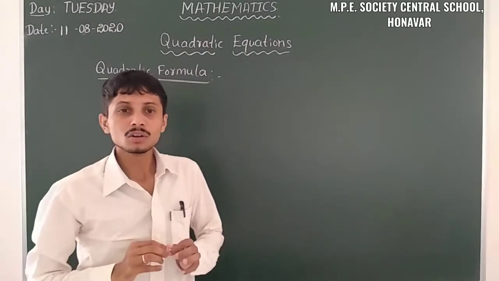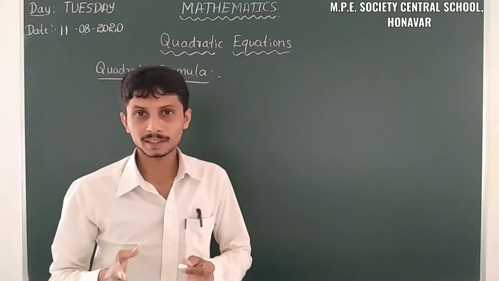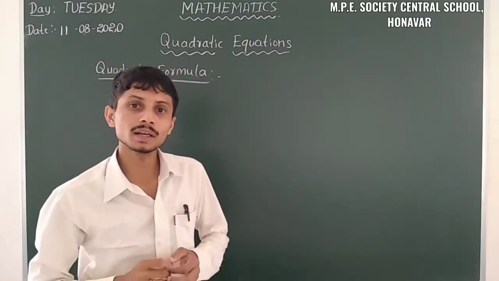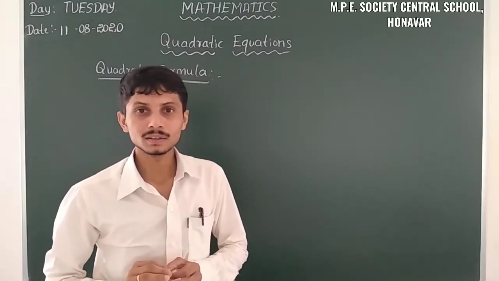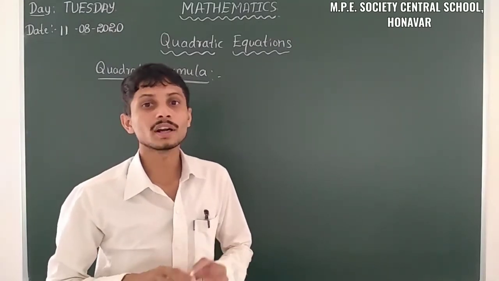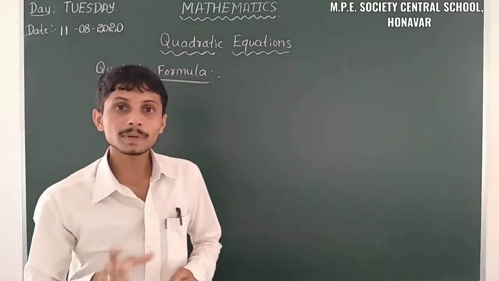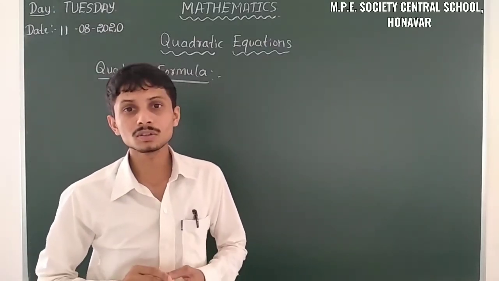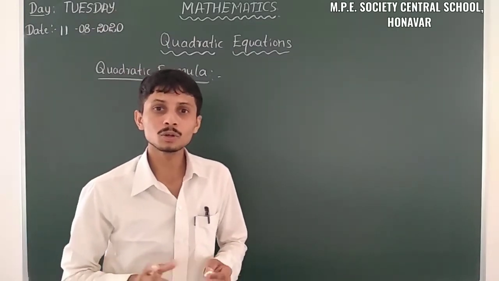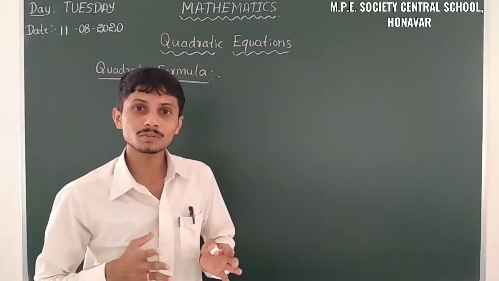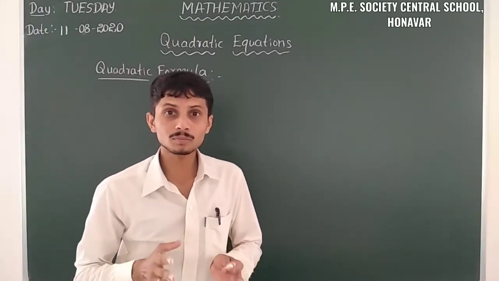Yes, so we already know solving quadratic equations by factorization and by completing the square. We have to take one of these methods to find the quadratic formula. So here we opt for the completing square method to find the quadratic formula. Firstly, we don't know what the quadratic equation is here. So when we are taking the formula, we have to